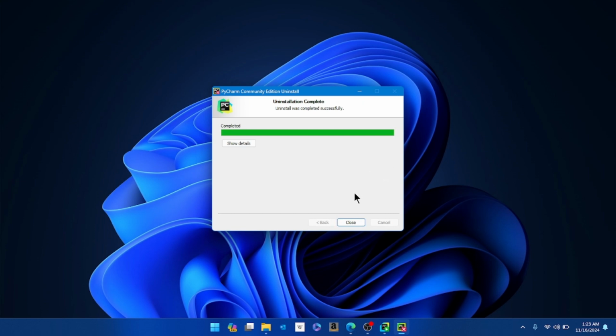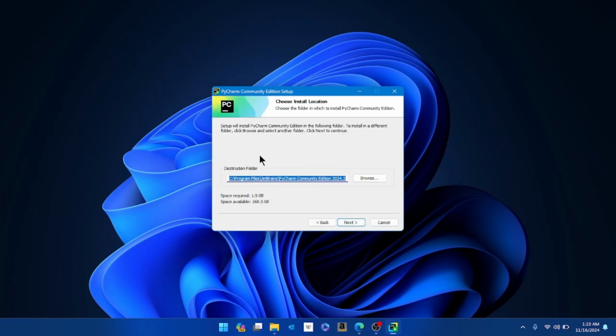After the uninstallation is completed, click close. Now select the install location. You can leave it as is. Click next